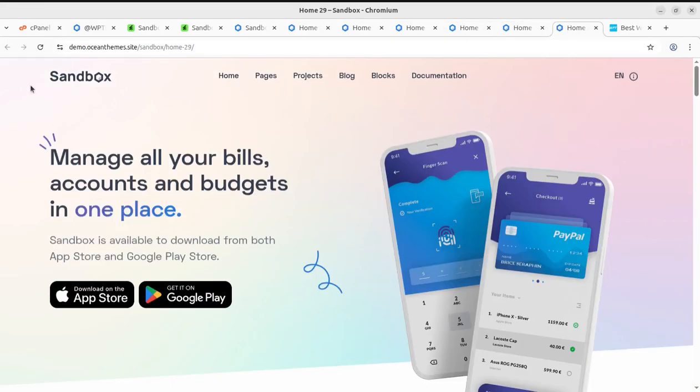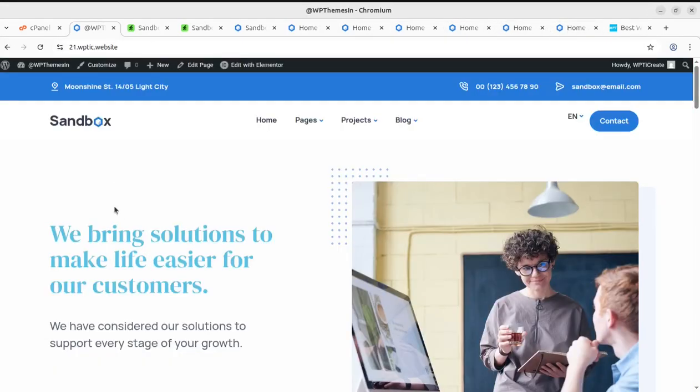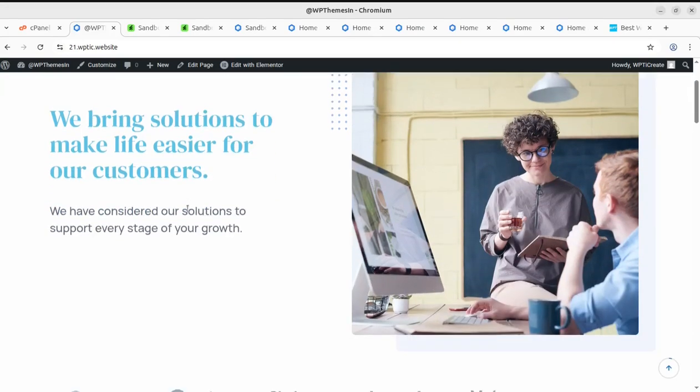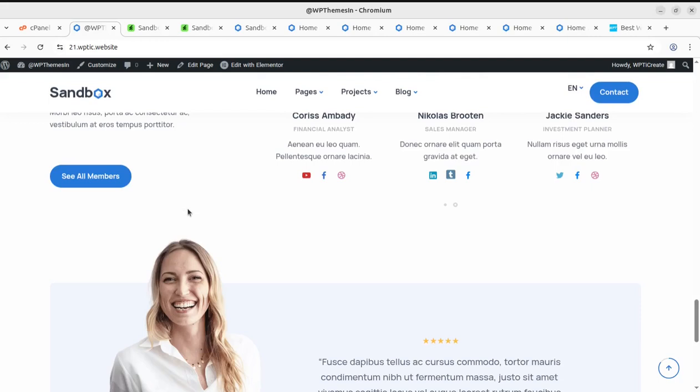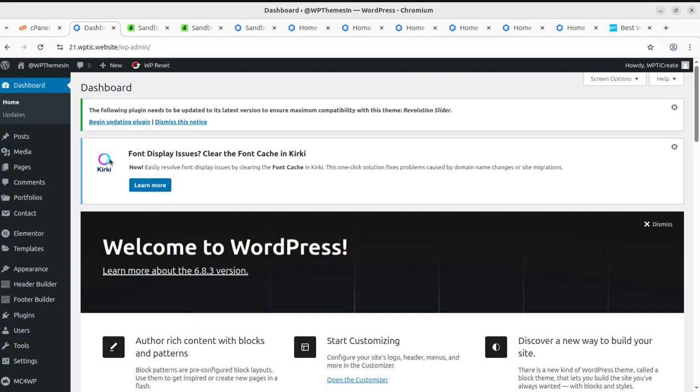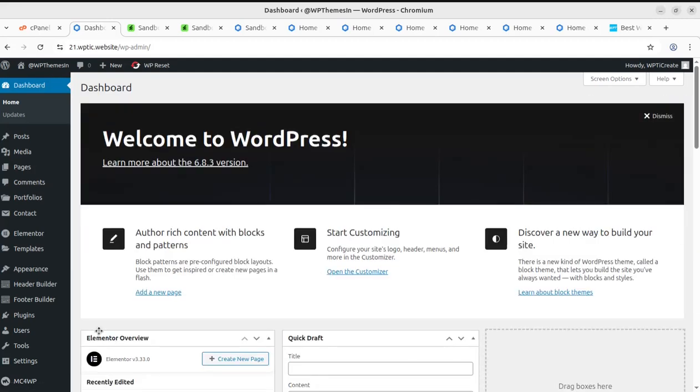so that you may actually understand what you can do with the theme, how easily you can launch your website. So I have already installed this Sandbox WordPress theme, and my demo website is ready, and I'll give you very quick insights of this theme so that it may be very clear for you how you can proceed with the installation and how you can customize your website. So here is the back end, and in the back end, what I got, first of all,